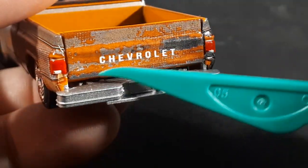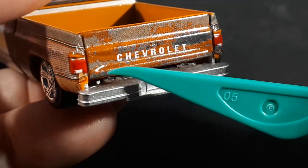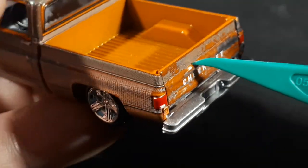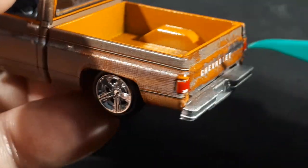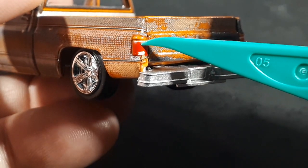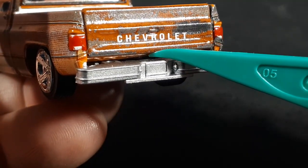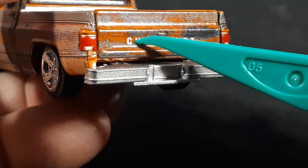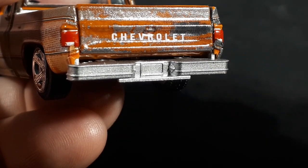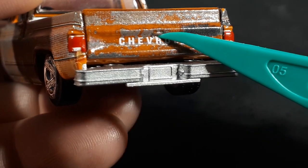I guess with an old clunker, you know, this patina, the panel gaps don't bother me so much because it's supposed to look like a beater. So maybe it's been crashed and reassembled and it has really bad panel gaps. Alright, I think these are painted on, this red and the white. And it's not part of the decal. But I'm going to assume this Chevrolet here is part of this decal. I don't think they would print over the decal, or maybe they did. I don't know. This little door latch